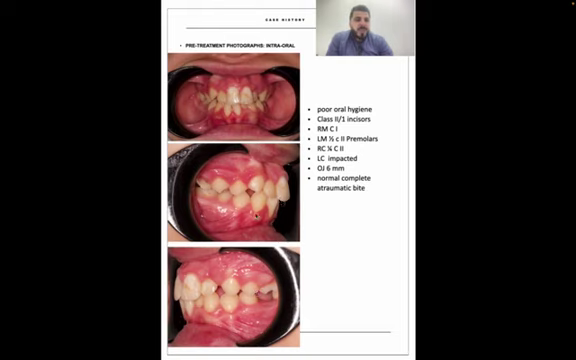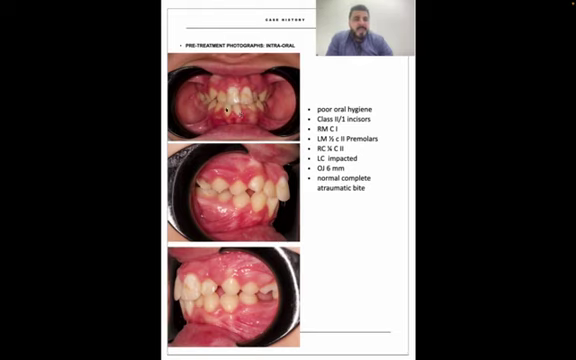Now if you think about it, why do we have a class 2 division 1 incisors? Why do we have increased overjet when we have class 2 buccal segment? All of them because we have a class 2 skeletal. It's an anteroposterior problem. Now then look at the transverse relationship. We have a midline shift. We have a midline shift in the upper to the left by 3 millimeters, in the lower to the right